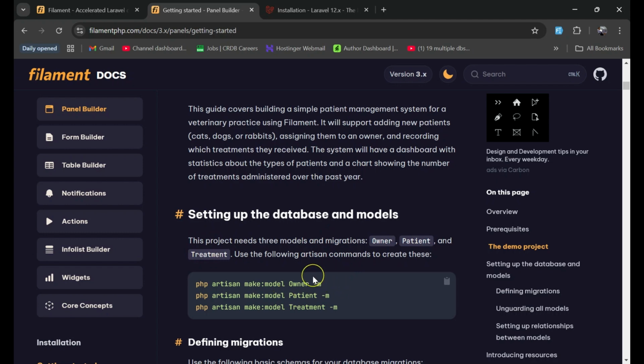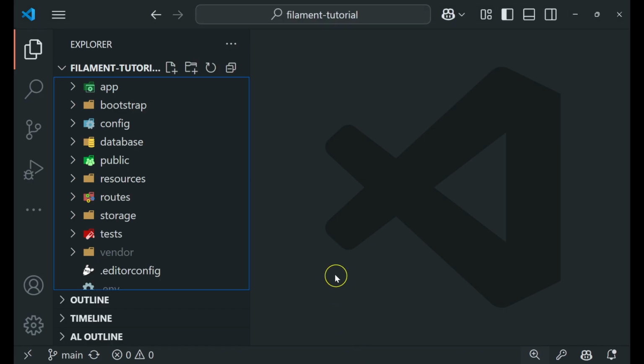because we need to create the models and their migrations. So this command creates the model, which is called the owner, and then we have this flag, which is M, which stands for migrations. So I'm going to run these commands in my terminal, and then it will create those three tables with their models and the migrations. So let me copy it, and then let me go to my